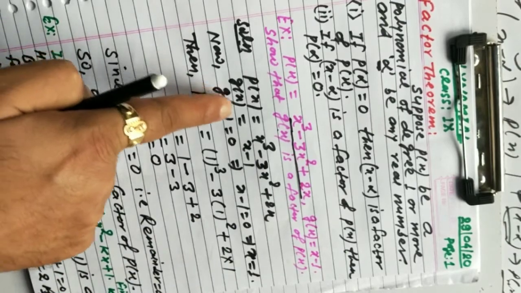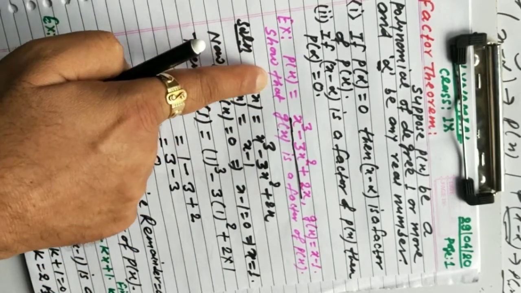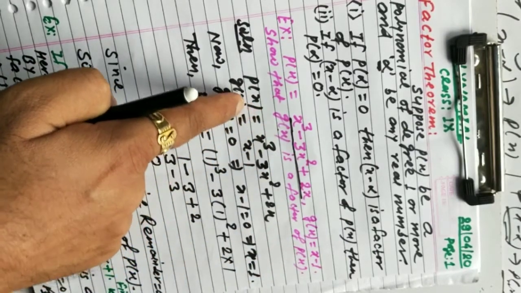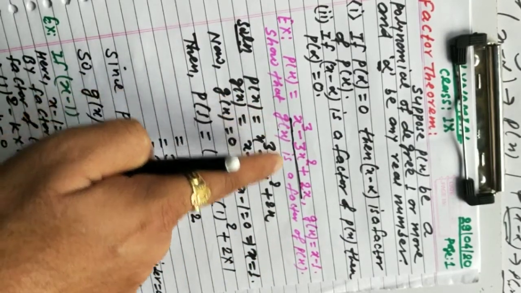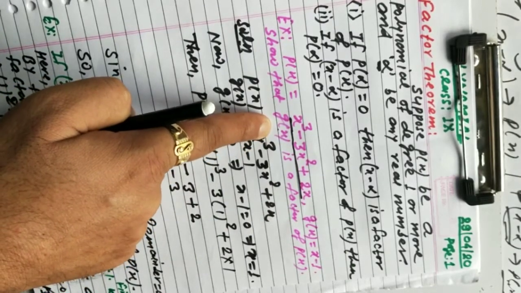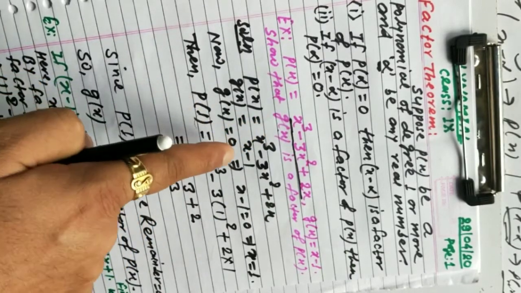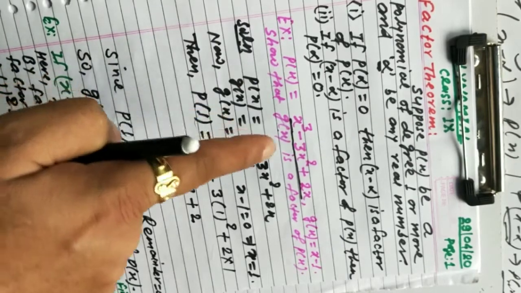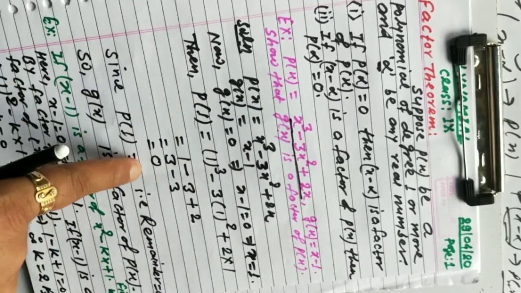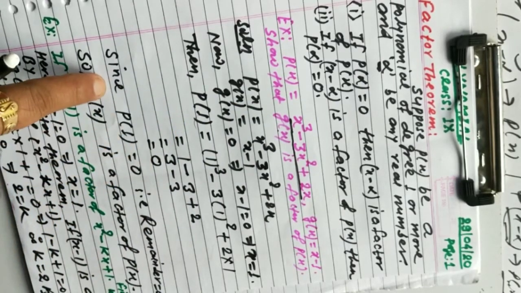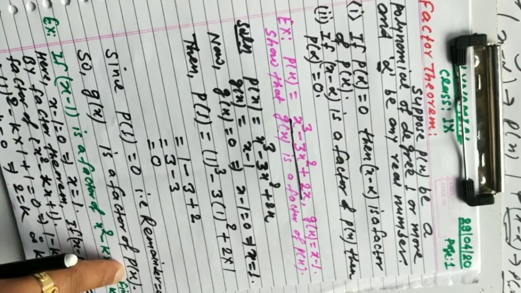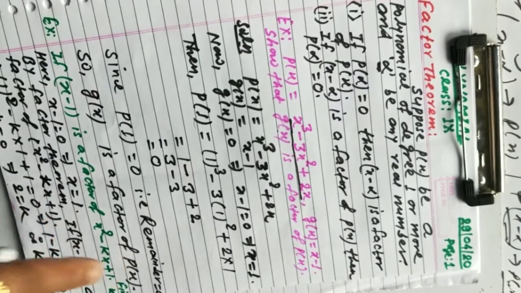Another polynomial, divisor polynomial, is given x minus 1. We have to show that the g(x) is a factor of P(x). That is, we have to show that x minus 1 is a factor of this polynomial x cube minus 3x square plus 2x. So for this we have to find the remainder, and if remainder comes to 0, as we have found so many remainders in exercise 2c. So if you have to show that any polynomial is a factor of another polynomial, then first find the value of x from divisor polynomial and then put the value of x in the dividend polynomial, and if its value becomes 0, then we can say that the g(x) is a factor of the given dividend polynomial P(x).